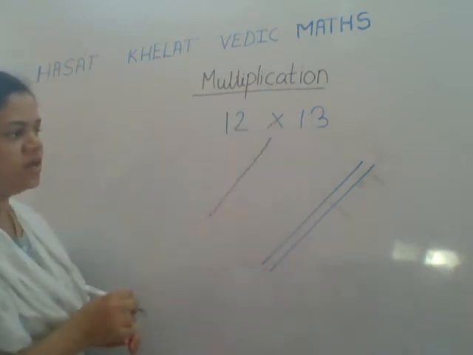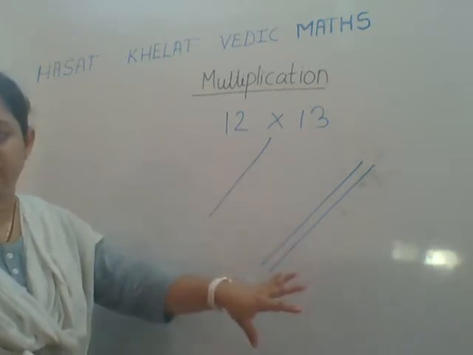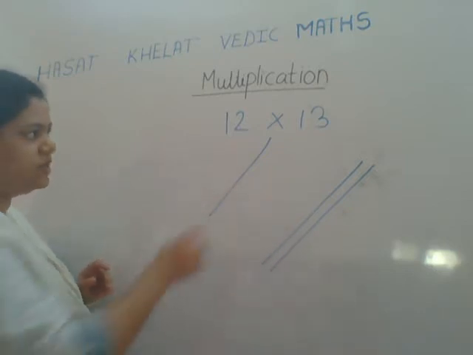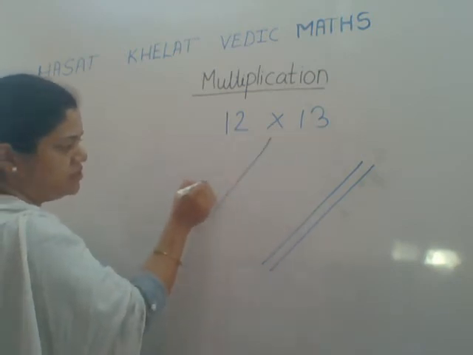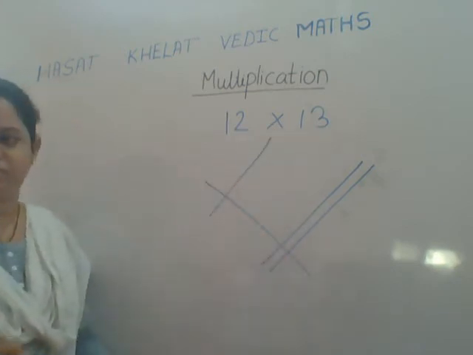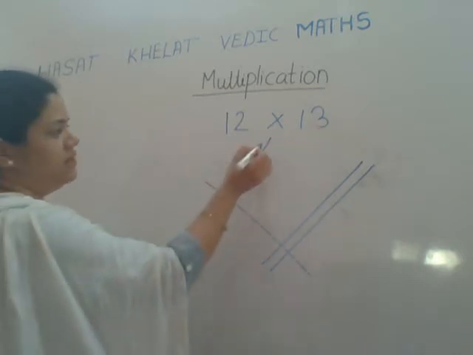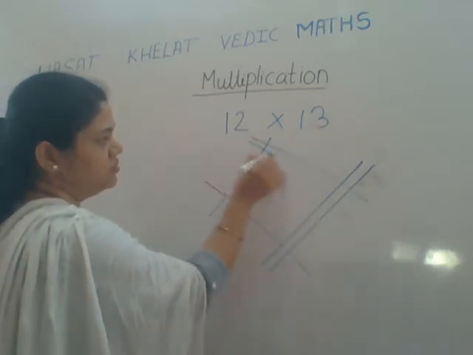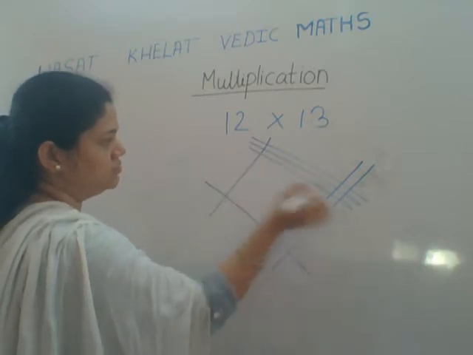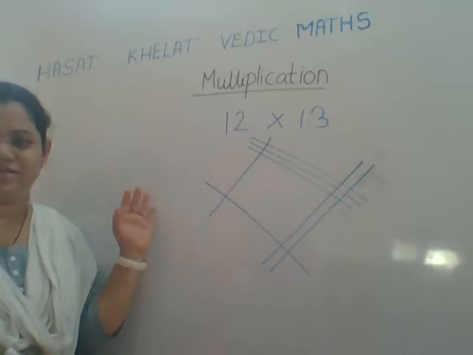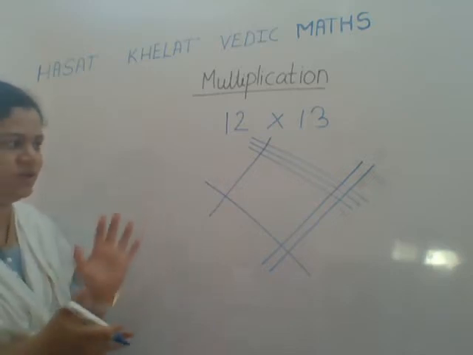So now what I will do, I will intersect these lines. Whatever lines I have drawn, I will intersect those lines. Now how to do that? First is 1. I will draw one line here. And this 3, again I will draw 3 lines. 1, 2 and 3. See, a nice shape has been created. That's why I said that you have to draw something. Okay.